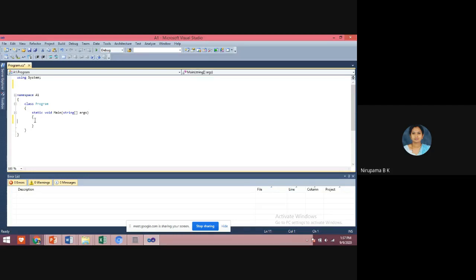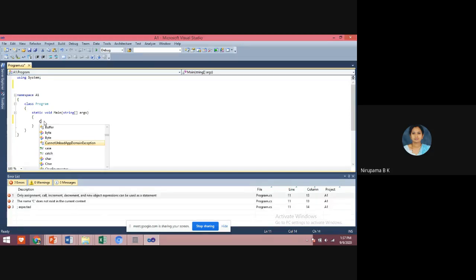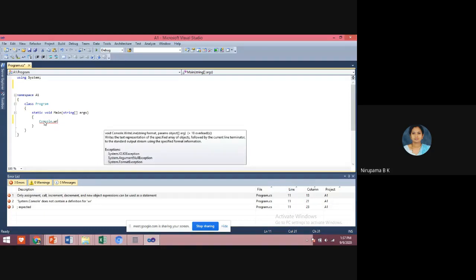Next, here I write. Yes, students, in C#, to display a statement, or to print anything on the output screen, we use the statement Console.WriteLine.